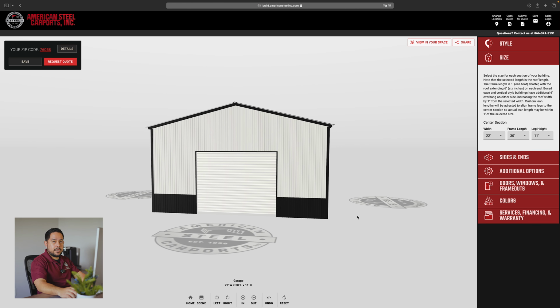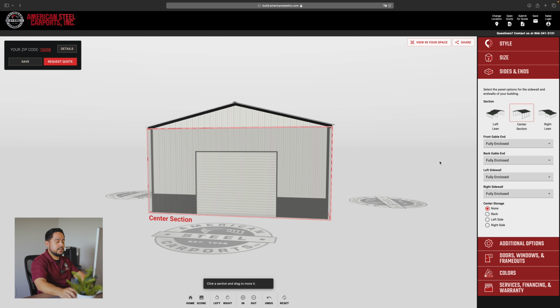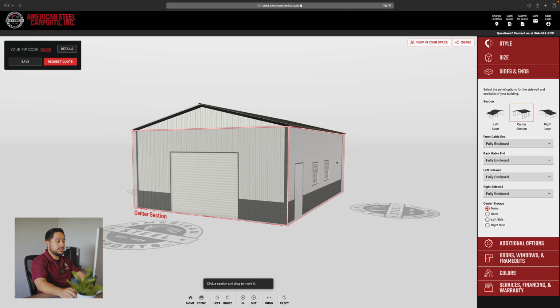The next tab up will be sides and ends. So we'll click on that real quick. And here is where you could change that. So like if it wasn't a fully enclosed garage, if you only had the two sides and both ends were open, you can go ahead and do that